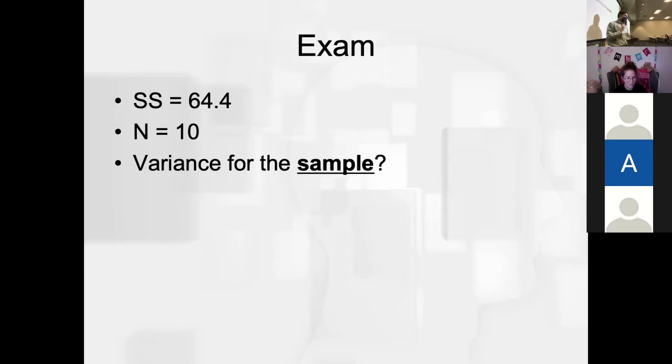So a vast majority of y'all did it just over n. But because it's a sample and not the population, it's n minus 1. All right? Now, it was constructed in such a way that if you just divided by n and then took that variance to get the standard deviation, you got full points for standard deviation. I wasn't trying to take off extra points if you screwed up an earlier step and had the consequence several steps later, but that will not necessarily be the case moving forward. So when it's a sample, it's divided by n minus 1. If it's a population, it's just divided by n.